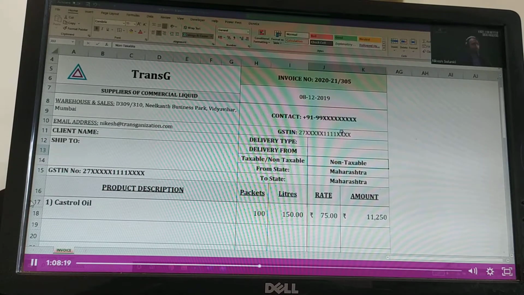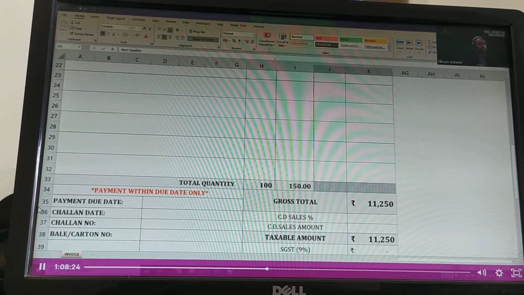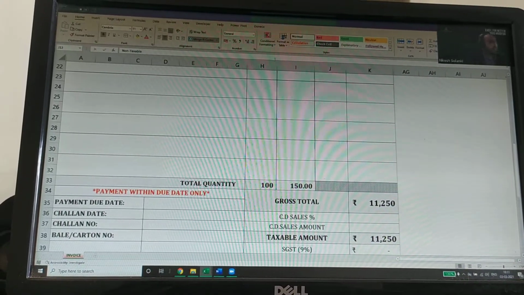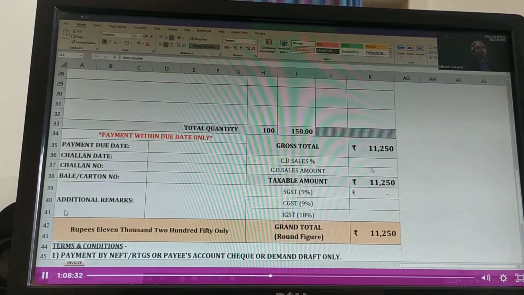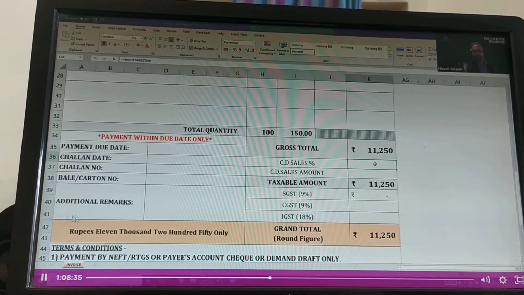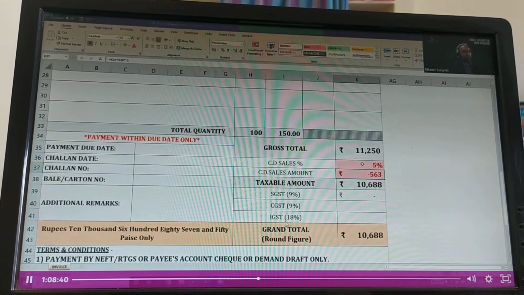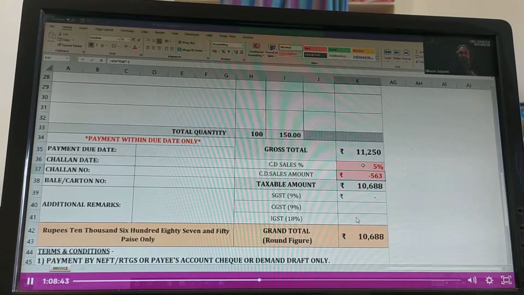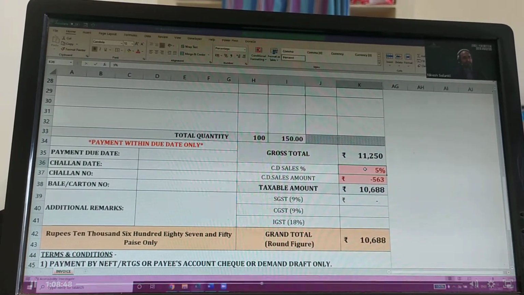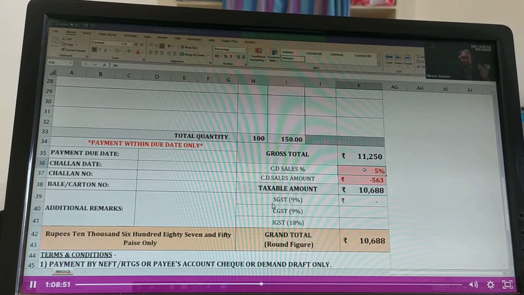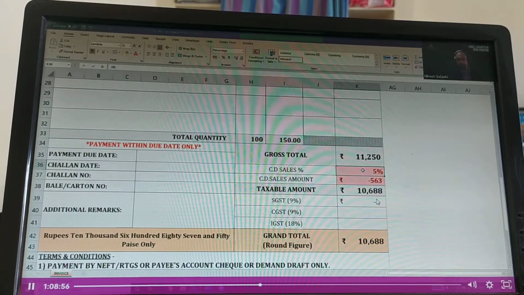Any doubts, any questions with regards to the invoicing part? Any questions, any doubts? Hemant is asking about CD sales. CD sales will be covered later, but it's very simple. CD sales is nothing but cash discount, you know, you give cash discount. So it's a formula. If you want to give a 5% cash discount, the system is smart enough to understand. This is conditional formatting that I have applied. So if 5%, I'm giving a discount to that person. It's a normal formula that I've used, plus minus, and I've applied a conditional formatting on it.